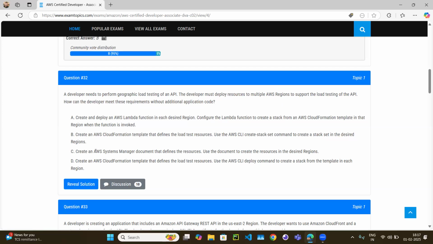Create an AWS Systems Manager document that defines the resources. Use the document to create a